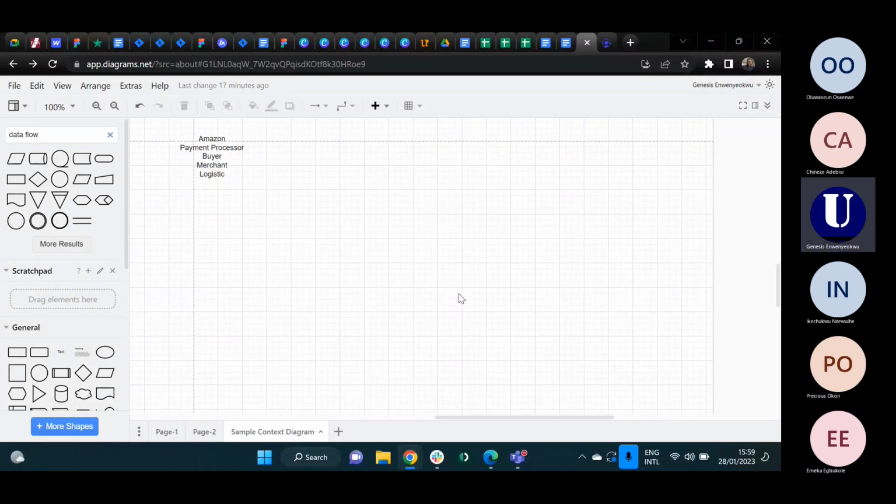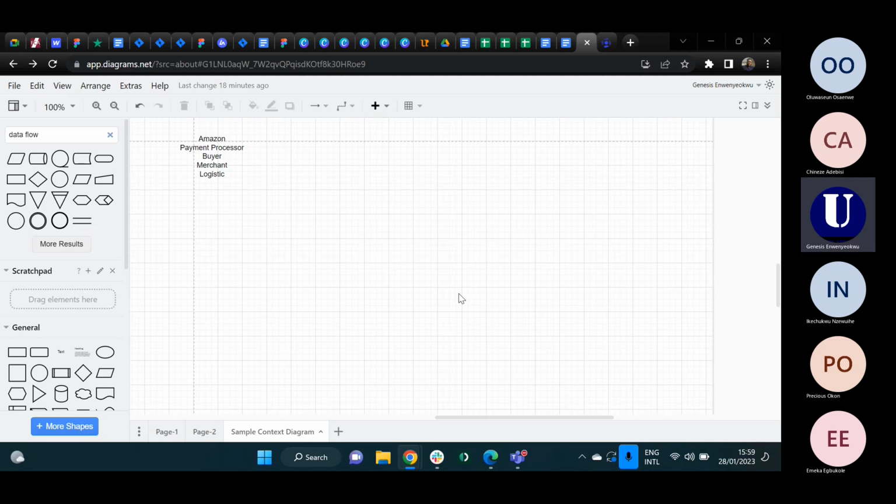Yeah. So I'm going to give an example of a context diagram using a popular website or application we all know, which is Amazon, right? I believe we all know what Amazon is for. It's basically an online marketplace where people buy things, make payment online and also get it delivered to their house. They choose a payment method, if it is pay on delivery or to pay before delivery, right? So I'm going to draw a context diagram to explain how Amazon interacts with